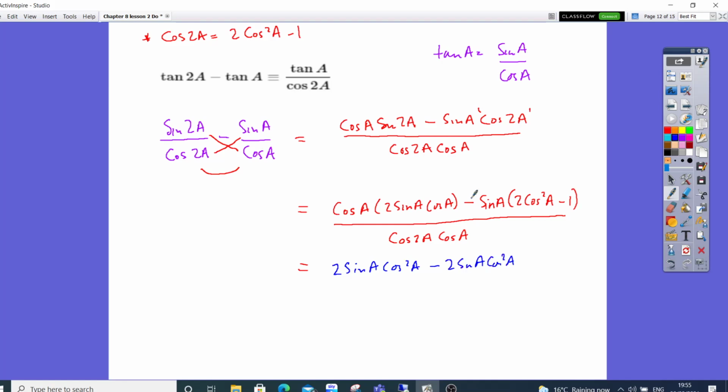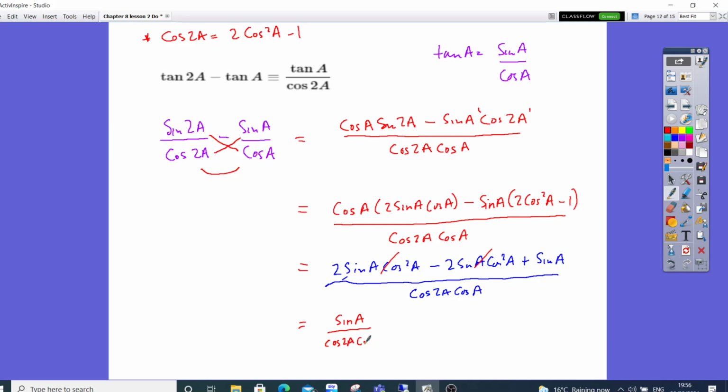and minus minus makes a plus. I'm going to end up with a sine a there. And that's all over cos 2a cos a. Now the beauty that happens here is these two cancel out because they're identical. Okay, so they're the same thing. And what I'm left with is sine a on top of cos 2a